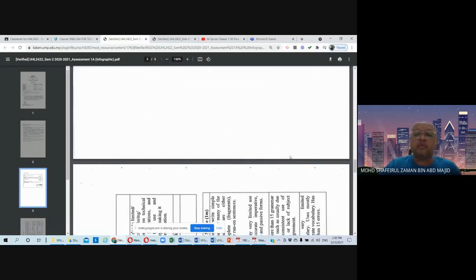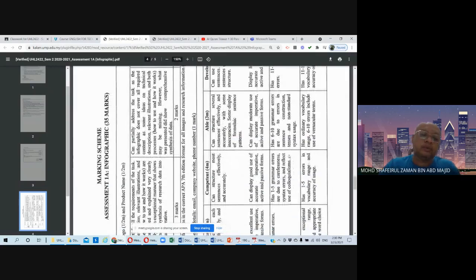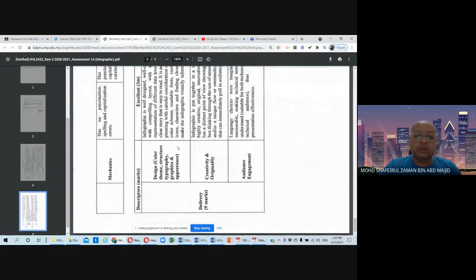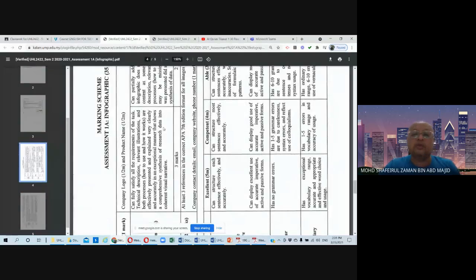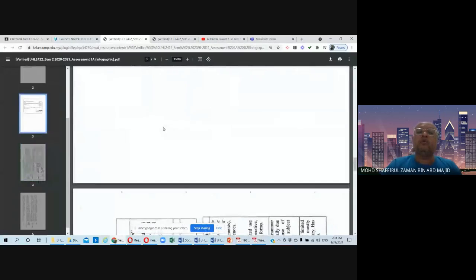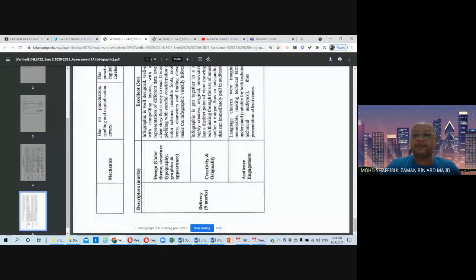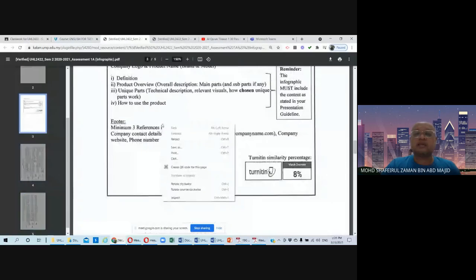If you scroll down to the bottom of the page, you can see the marking scheme. This is our rubrics, the one that we follow to award you the marks for your work. We don't simply give marks just like that. We follow the answer scheme or the marking rubrics straight away. If you fulfill certain criteria, then you will be awarded the particular mark. This is what we use to mark all of the papers. So that's done for assessment 1A.